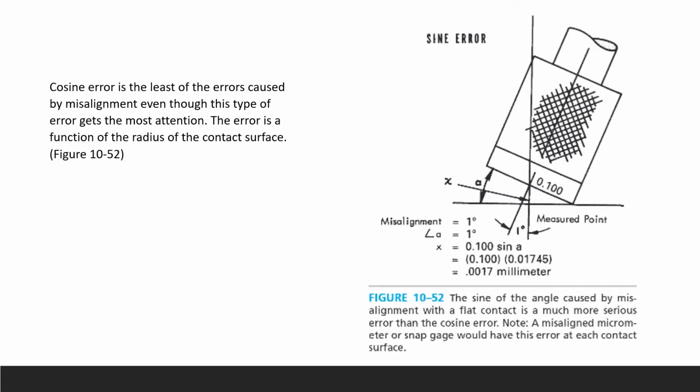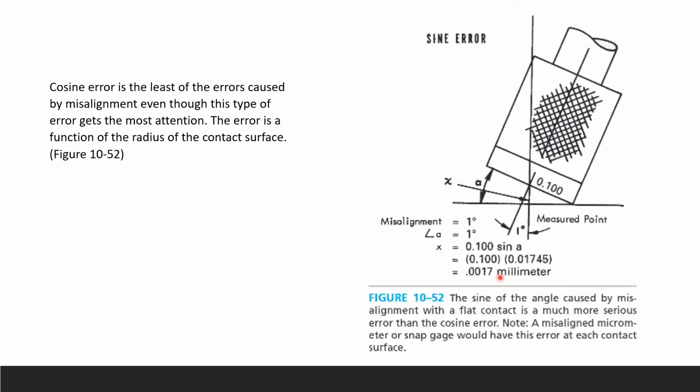After cosine error, we're going to get into sine error. Cosine error is the least of the errors caused by misalignment, even though this type of error gets the most attention. Cosine error was already shown in the previous slide, and the error is a function of the radius of the contact surface. For sine error, the sine of the angle,